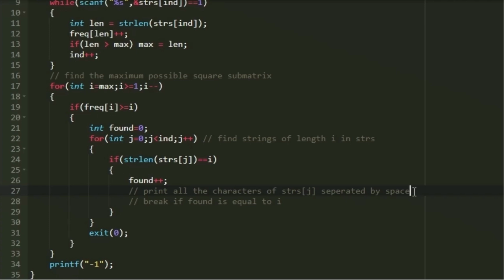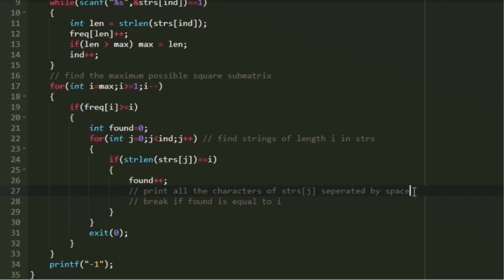In the printf we give the %c specifier and a space, and then strs of j of k, so that we print the character of strs of j at index k. So we will print our characters separated by a space, and after the execution of the k loop we print a new line, so that we get our output in an exact matrix format.